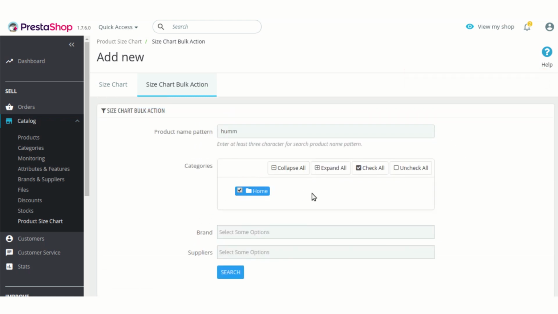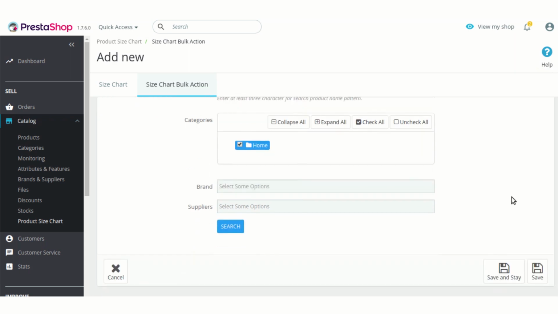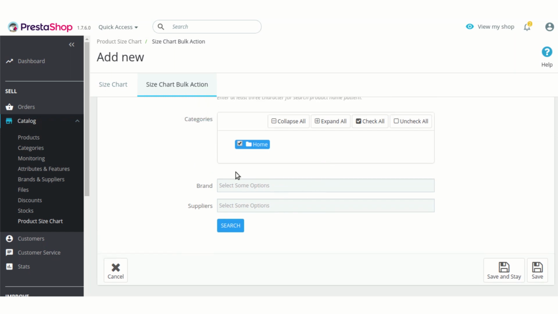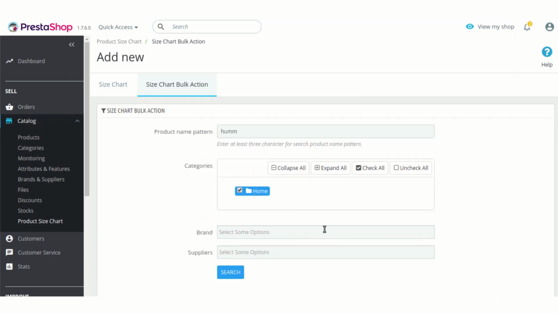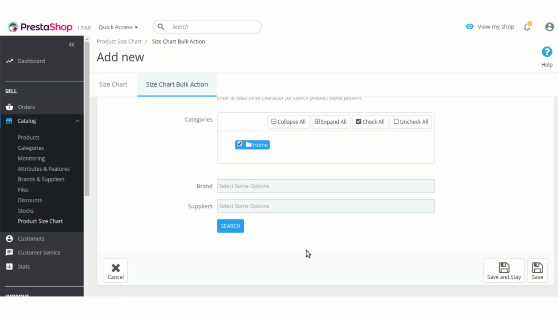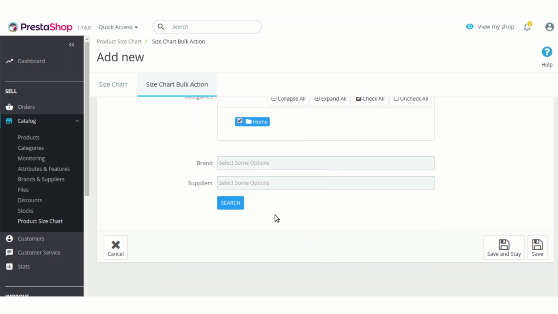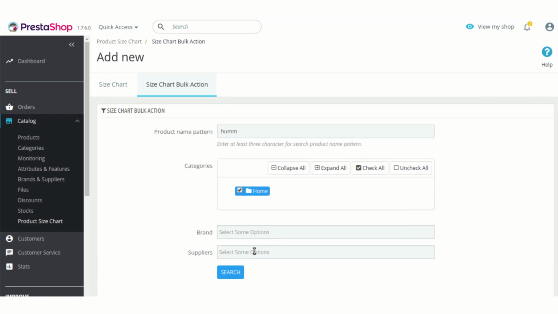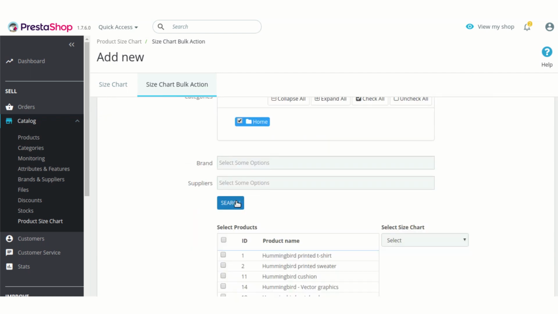And you need to select the category in which this search will apply. You can also limit the search results on the basis of brand, suppliers. These are additional options. Now let's see what search result is displayed on these parameters.